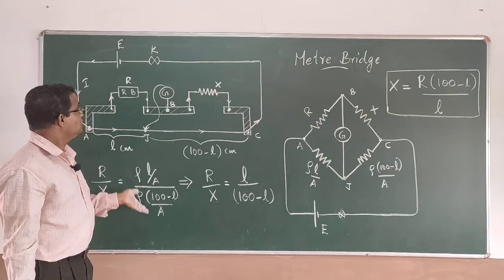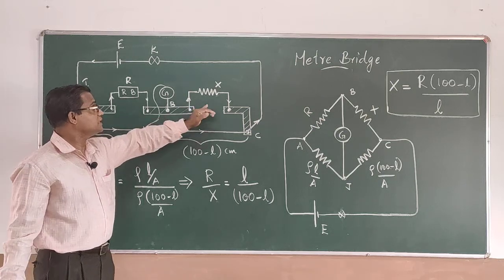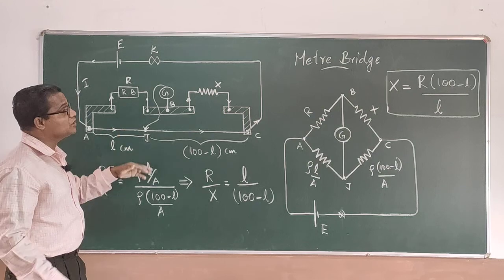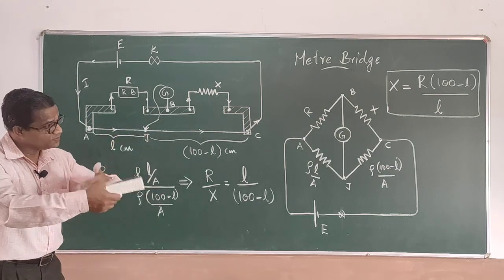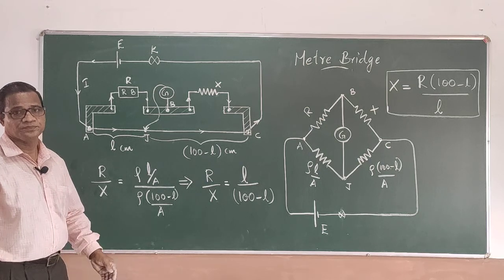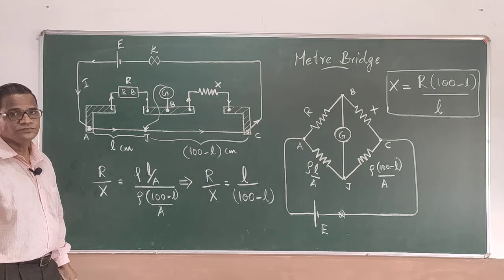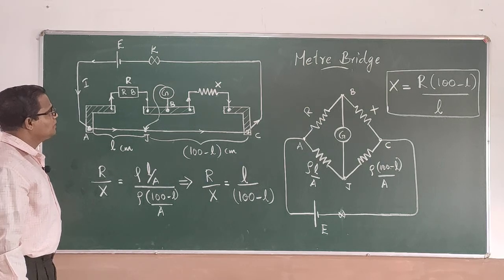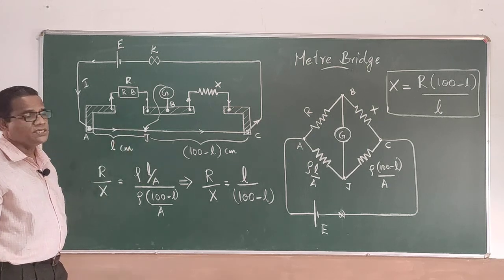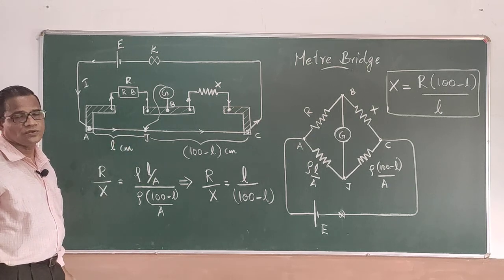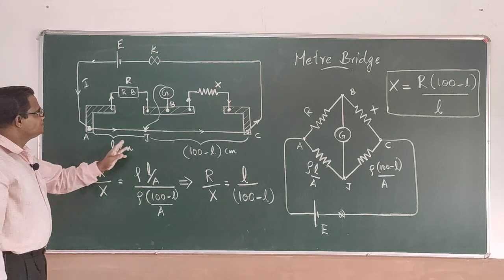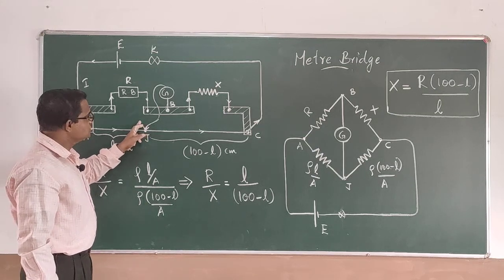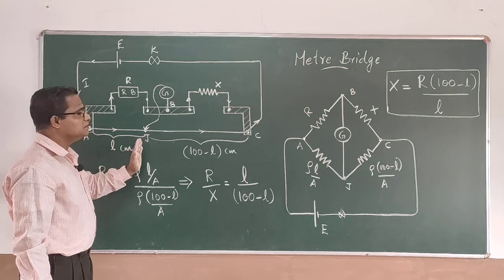Sometimes you will be putting the resistance box here and unknown resistance here. Then according to the final result, that balancing condition also will be shifted. Okay. So this is one thing to be remembered. Alright. Now, suppose that